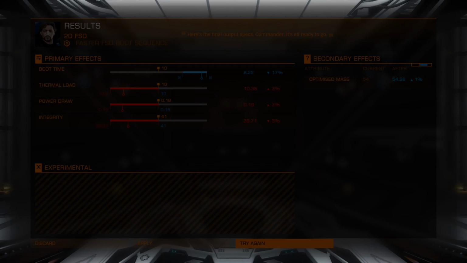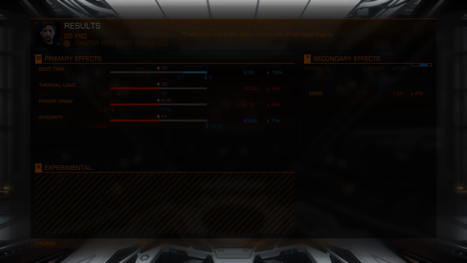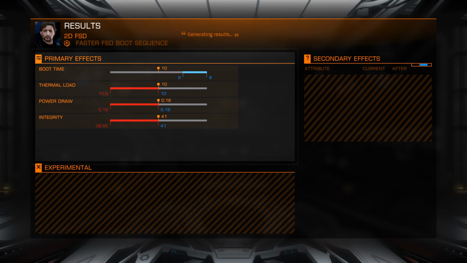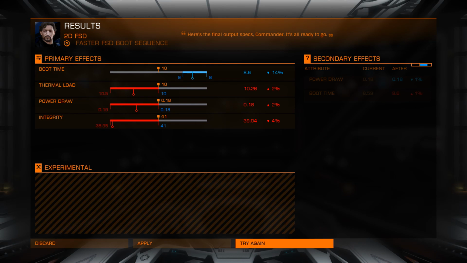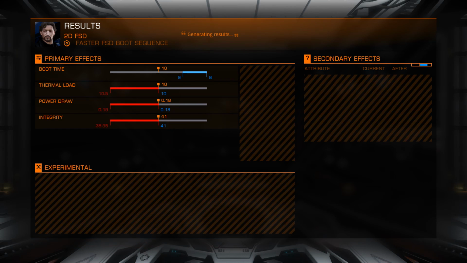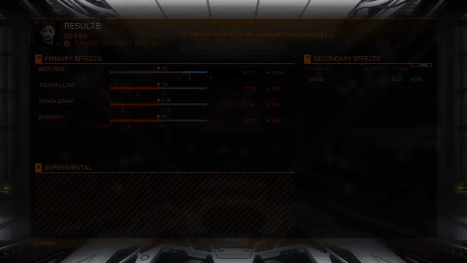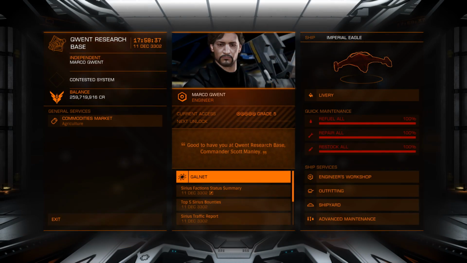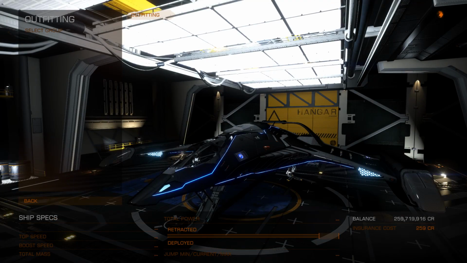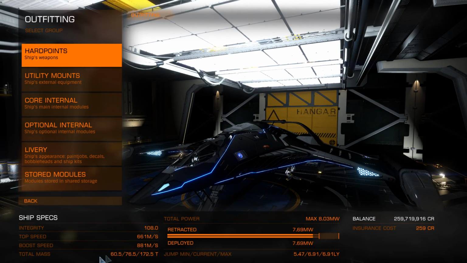Now, in this case, for the frameshift drive, I'm getting optimized mass. That isn't what I want. That just improves my frameshift. I get a negative bonus there, a penalty to my mass. But this one's giving me a bonus to power draw. Come on, I want something that gives me better mass. Yes! Finally got a 2% reduction in mass. Okay, we're going to apply that. Okay. Whew. Okay, so after throwing enough fish at Marco Quent to deplete galactic fish stocks, we are up to